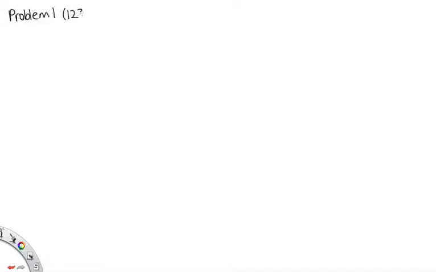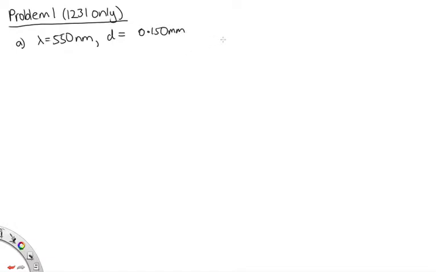This is a 1231 only problem. Part A of this question asks how many complete fringes appear between the first minima of the fringe envelope on either side of the central maximum for a double slit pattern if lambda is equal to 550 nanometers, d, which is the spacing between the slits, is equal to 0.150 millimeters, and a, which is the slit width, is equal to